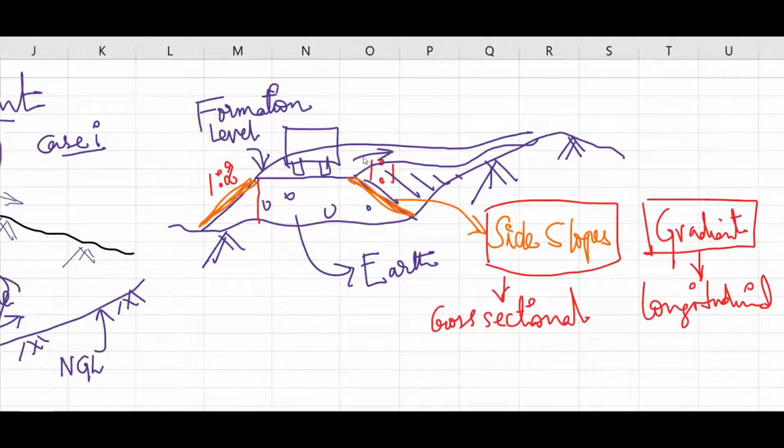This is my road. Along the road, in the longitudinal direction, even this has some slope, which is represented as gradient.